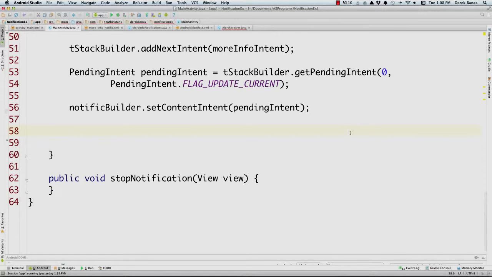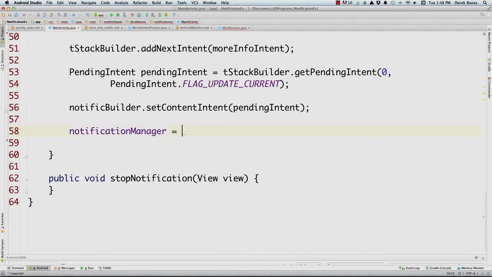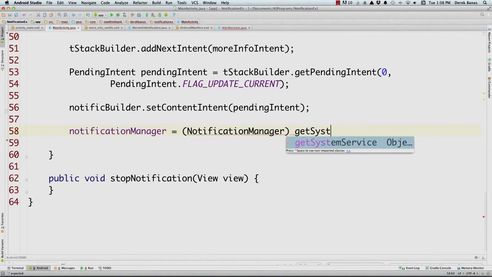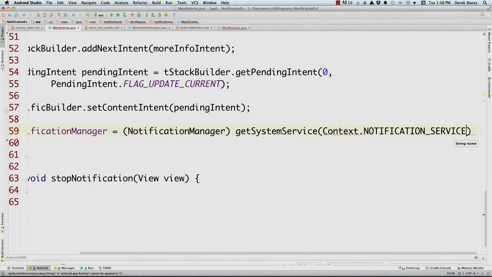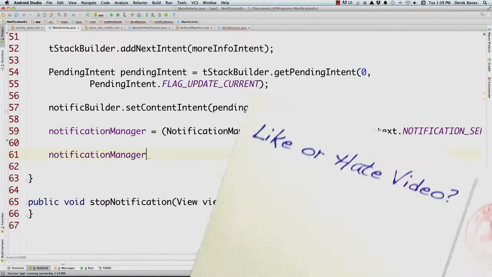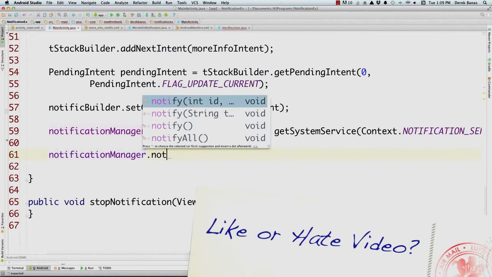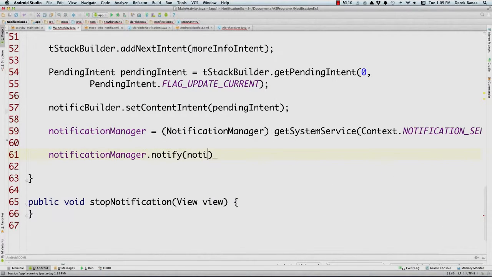Now we need to get the notification manager, which is going to be used to notify of our background event. So notification manager is equal to and notification manager, and we'll go get system service and pass into there context notification service. There we go. And then we want to post our notification. So we're basically just building everything here all together. We're going to say exactly what the intent looks like, what happens when they click on the intent, and all these other different things. And then we just have to have the notification manager basically do it. And call the builder, and then build.